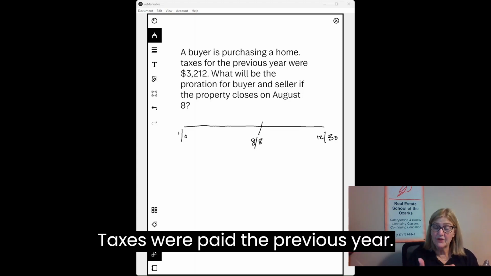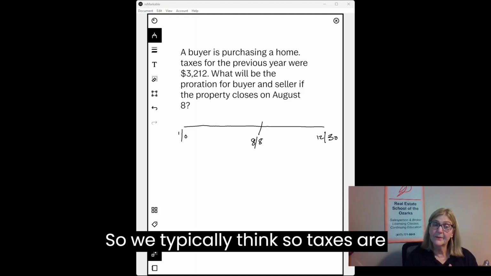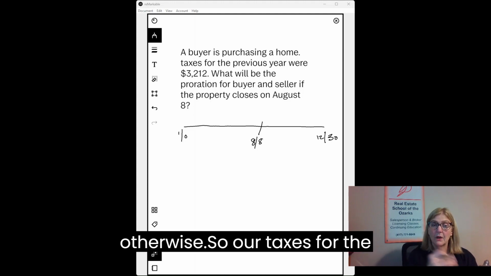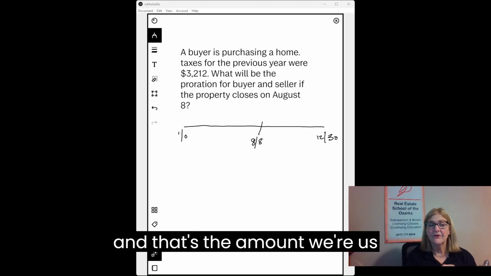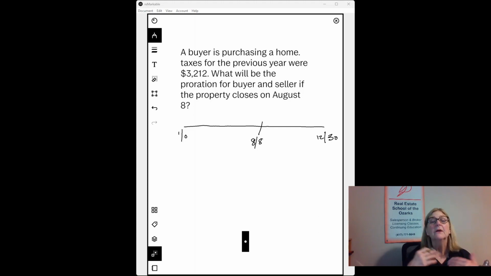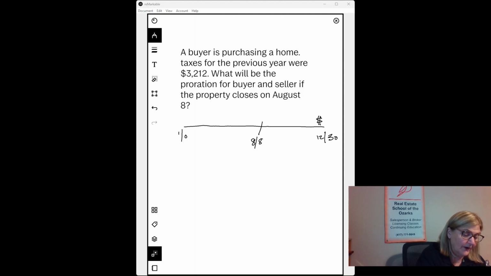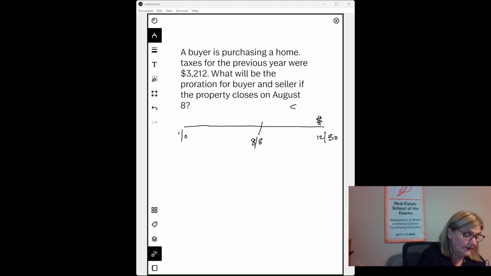Taxes were paid the previous year, and they were $3,212. So we typically think, taxes are paid in arrears unless it says otherwise. So our taxes for the previous year were $3,212. They're only giving us that amount to tell us that they paid the previous year, and that's the amount we're using this year. So our dollar sign, buyer is going to pay these taxes at the end of the year, and that's a big deal here. And they're going to pay